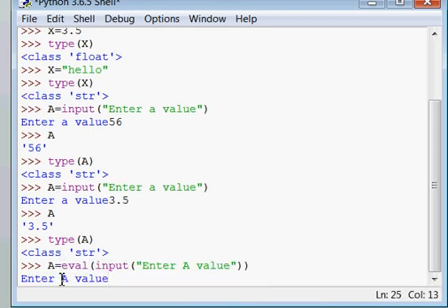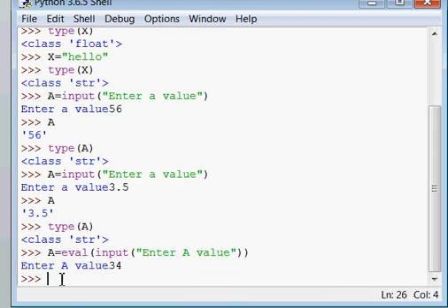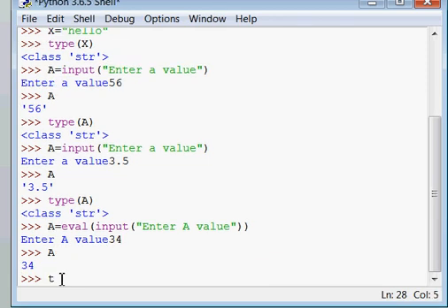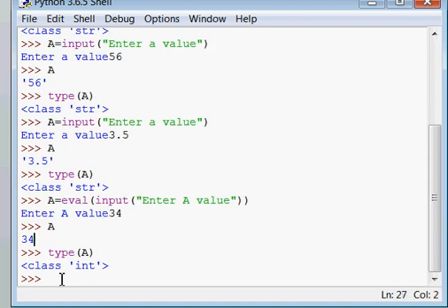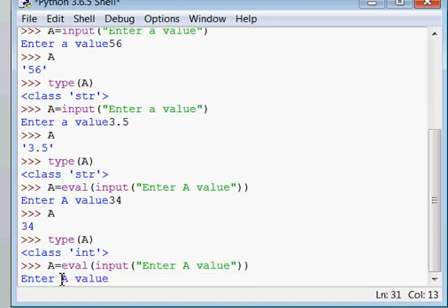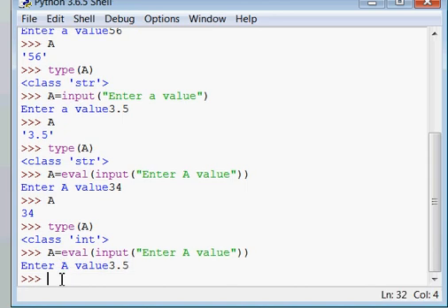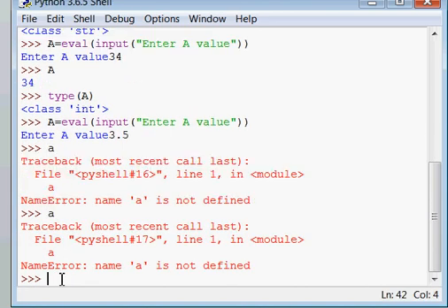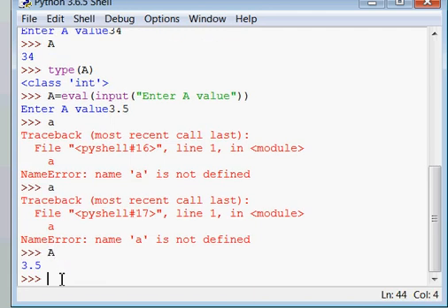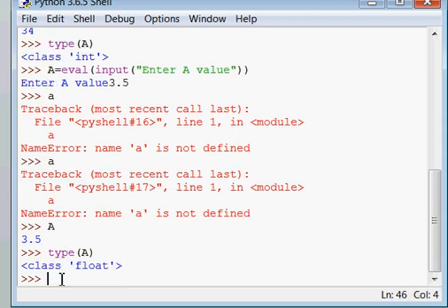See, if I give a value 34 here, a is showing 34, and if you check the type of a, it is giving integer. Again, if you run this code and it asks for a value, and you give 3.5 and display a, then it is giving 3.5, means now the type of a is float.